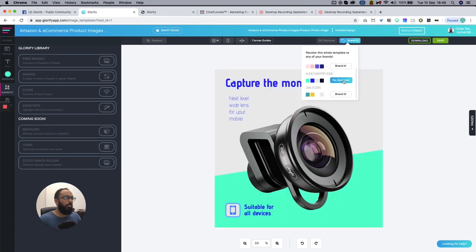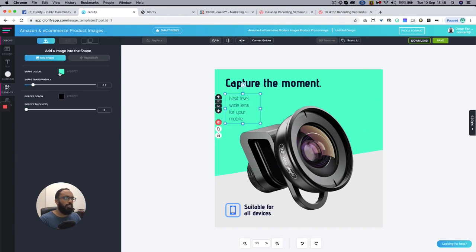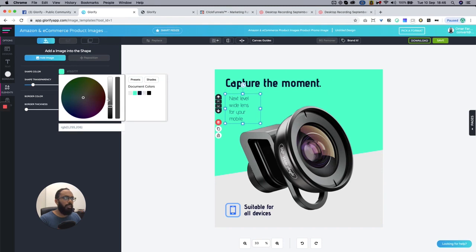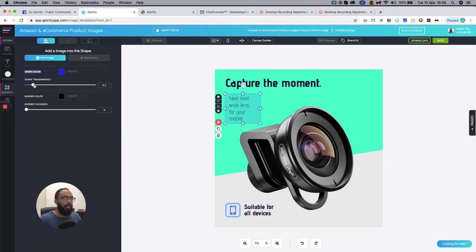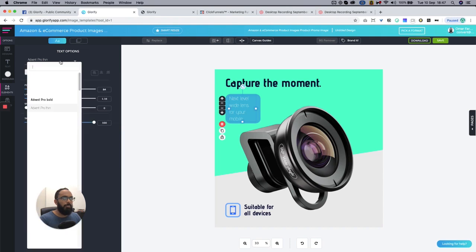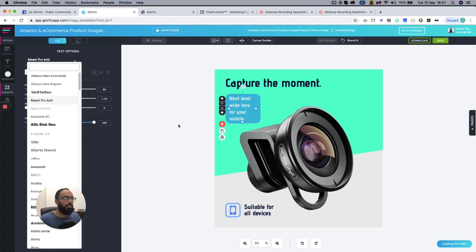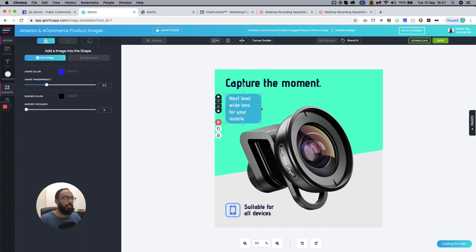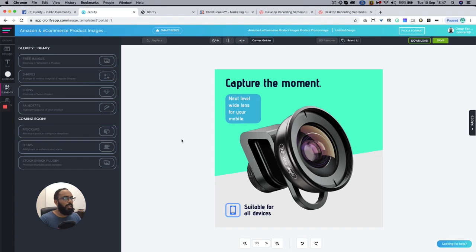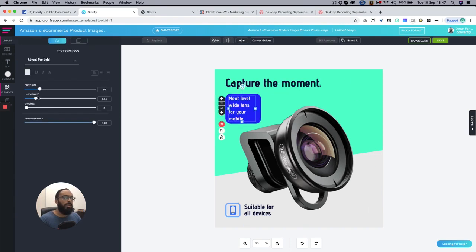Let's see which one really kind of sticks out to me. I think I kind of like this one as well, but I need a bit more contrast on this shape here. So let me find a better color for the shape. I'll go to presets, scroll down and get that blue in there, increase a bit of transparency and make this perhaps white and make it a bit bolder. Great. Okay, so we got that. Wide lens, and you know what, we can just go ahead and increase the transparency all the way. Line height,